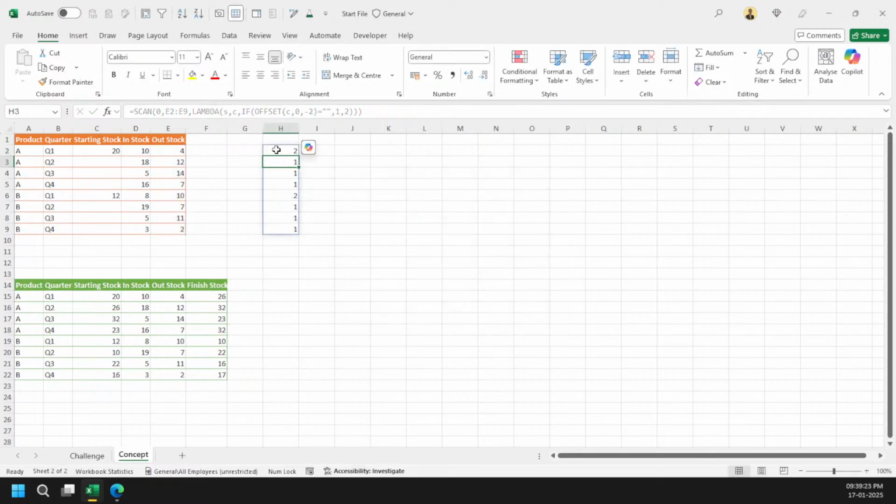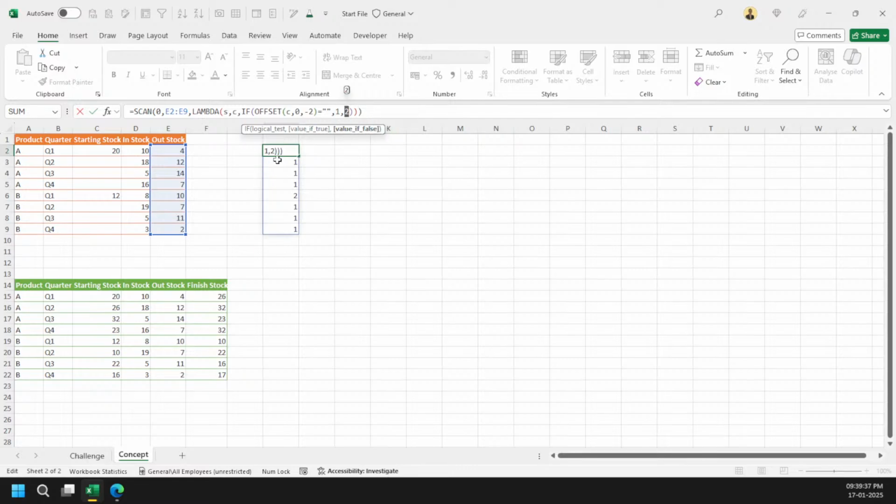The moment you see here 2, 1, 2, 1, this one, you can see that I am getting at least this much sense now. Got it? So 2 I am getting for false. And then what I can add here, if this is the false value, what I need to do is add my starting stock plus in stock and then outside stock. So you can see where I will be going here. So what will we simply do here? Offset C comma 0 comma -2, and then I will be adding again this much part